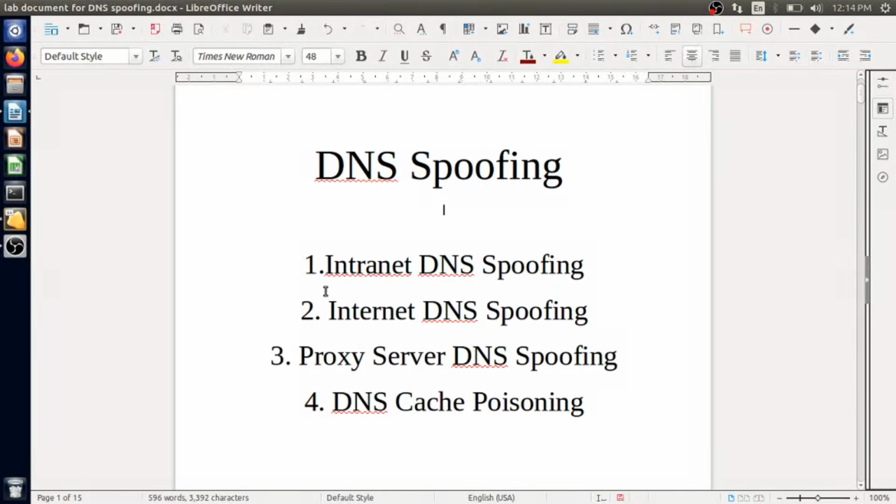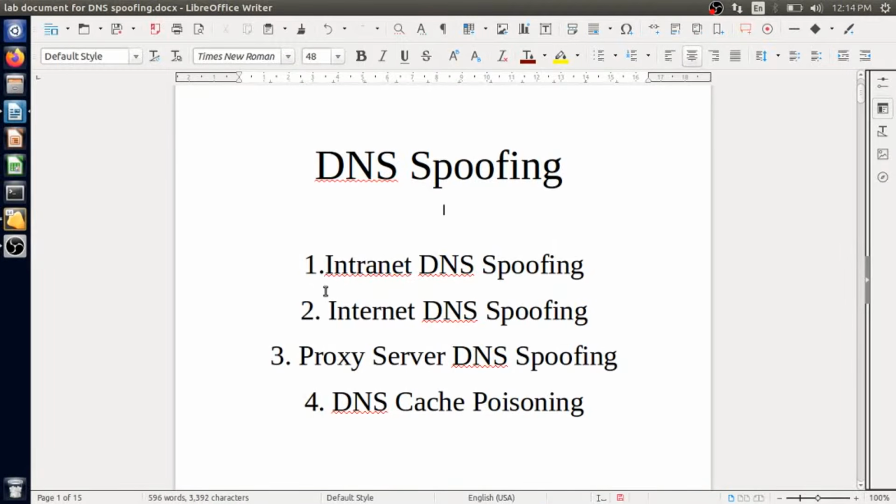The third one is the proxy server. In this poisoning technique, the attacker sets up a proxy server on the attacker's system. The attacker also configures a fraudulent DNS and makes its IP address the primary DNS entry in the proxy server. The attacker changes the proxy server settings of the victim with the help of a Trojan. So the proxy server, with this primary DNS, redirects the victim's traffic to the fake website, where the attacker can sniff the confidential information of the victim and then redirect those requests to the real websites.